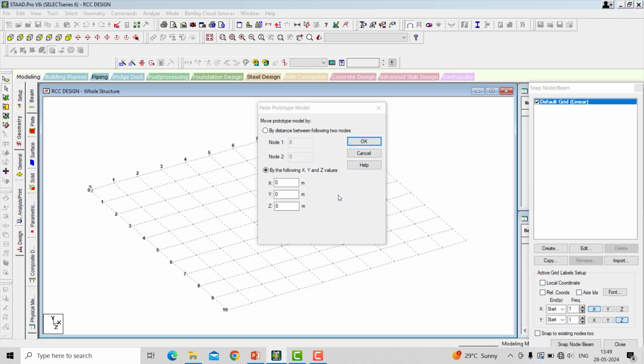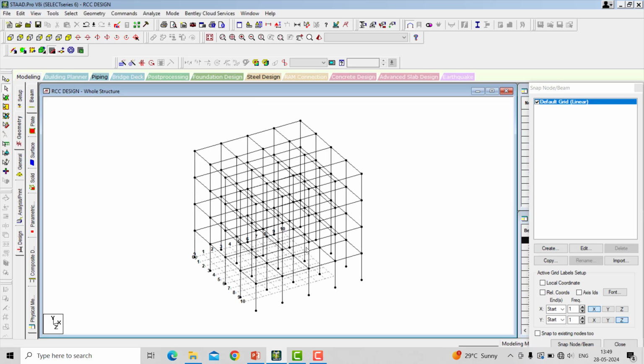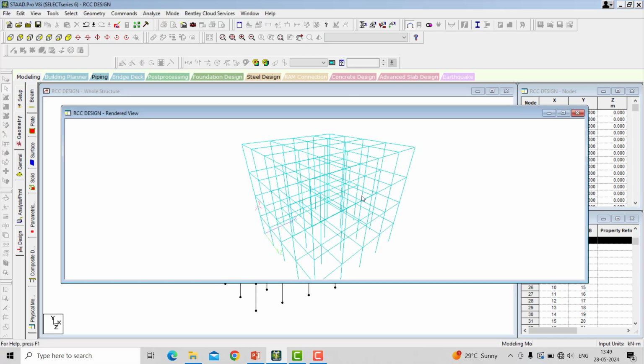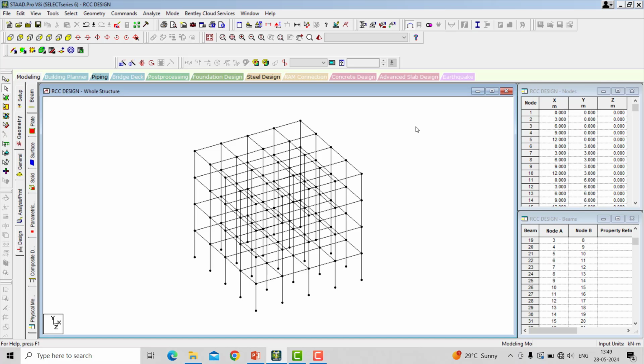Say yes. Next, I want to keep this exactly over the origin, so that's why I don't want to give any coordinate value. If you want to go ahead with a particular height, then you can give the coordinates of x, y and z. Click on OK simply. Now the geometry is ready. Just turn off the grid option. Go to the 3D model to check the model. And if you want to confirm the height, width and length, we have the display node to node distance option. So this is the total width, total height, everything. Next, you can even confirm room to room, that is 3 by 3 like this.